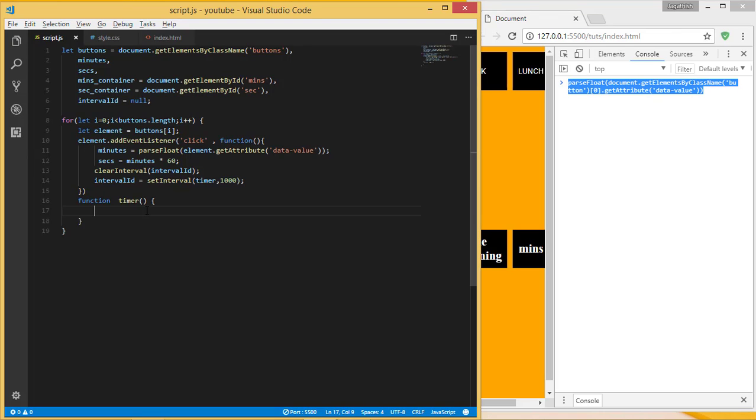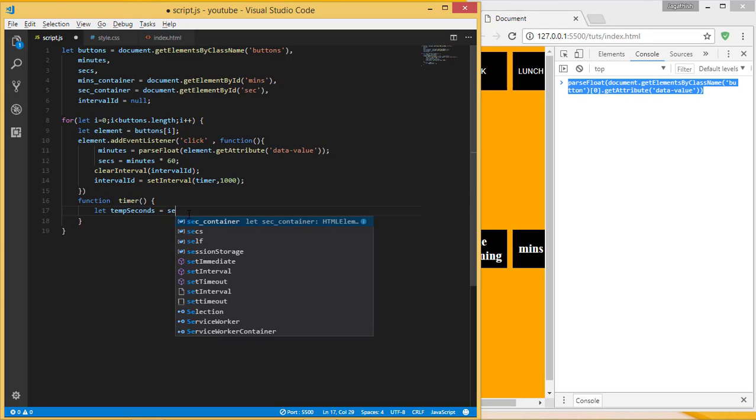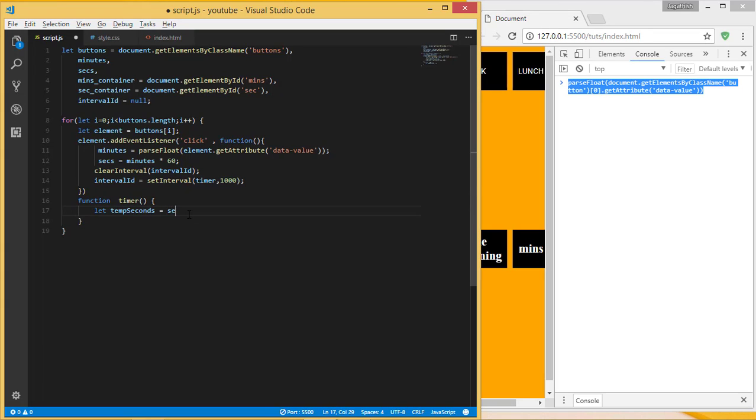So I need to calculate some of the things. First of all, I'm just going to create temp seconds. I have declared the seconds and minutes variables in global scope, so that there is no need to pass these arguments. Temp seconds is equal to seconds